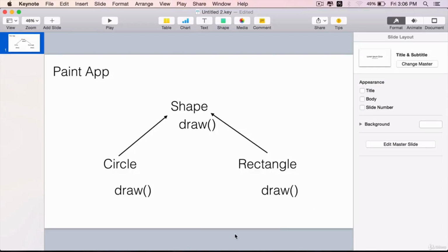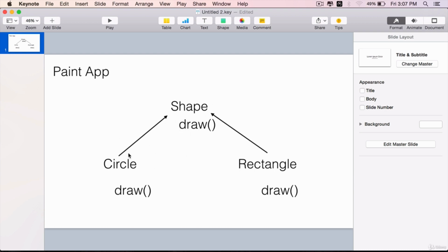Create the problem that we will solve using the flyweight pattern. You are going to develop a simple paint app that will have an interface and two classes in it, and the paint app class itself, which will use all these. This app will allow the end user to pass in a number, and it will draw that many circles and rectangles. The circle and rectangle implement the shape interface, override the draw method, and they have their own